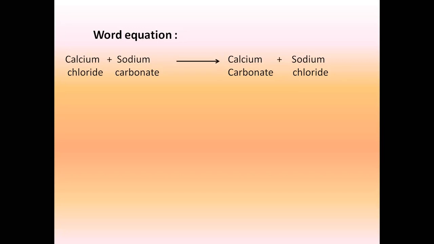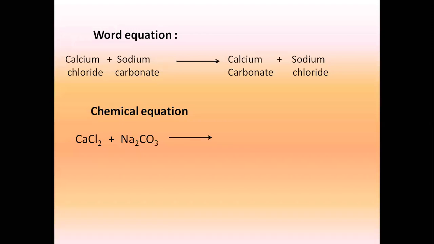All right, I've got answers from Shreya. Very good, Shreya. So the formula of calcium chloride, which we've done in the previous equation, was CaCl2. Very good, Param. Sodium carbonate is Na2CO3. Very good. If you get the reactants, at least I know the products will become easy now. Once the reactants are there, the products become easy. What will be the product?